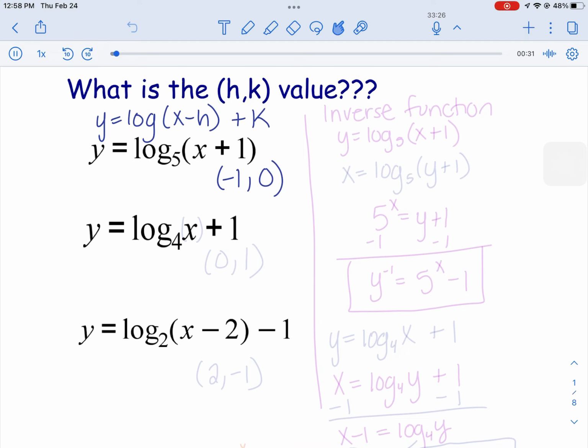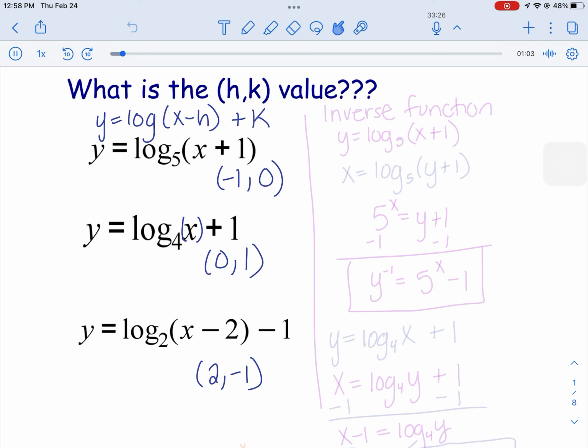So it's in parentheses. The h always comes out as opposite. The next one, where it's log base 4 of x plus 1, there's no parentheses. So it's like the x is essentially by itself. So then this one is, the h is 0 and the k is 1. So that's kind of the difference between those two. And then this one, the hk would be +2, -1. So h comes out as opposite, h is always with the x, k is on the outside, k is always